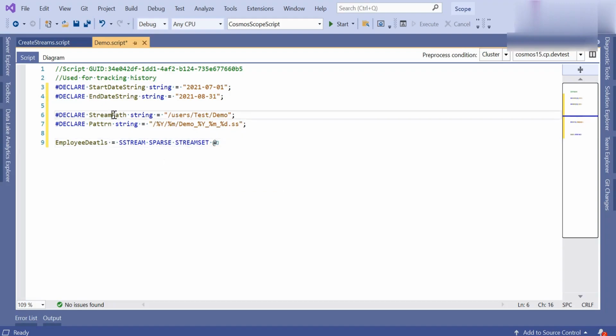We already created a variable for that, so this one. Then the pattern, which we have also created as a variable.